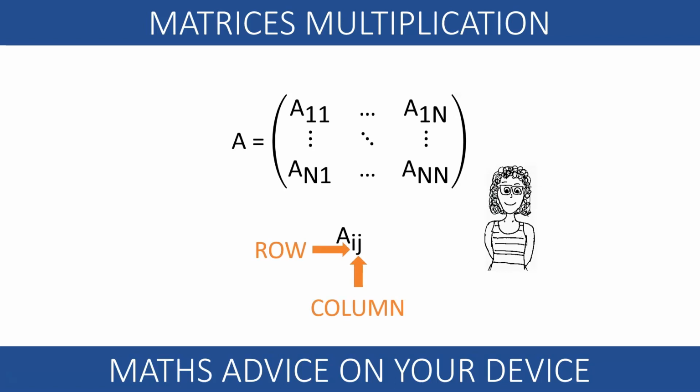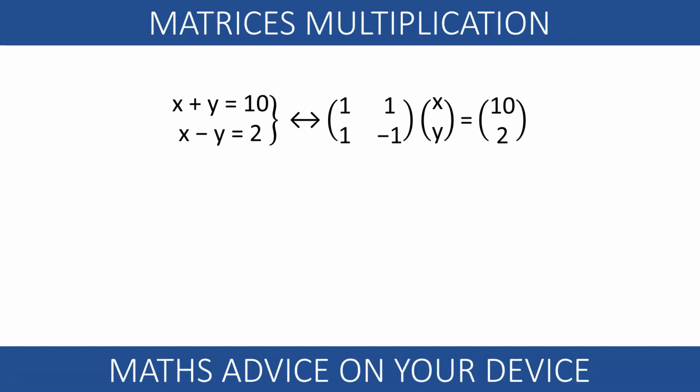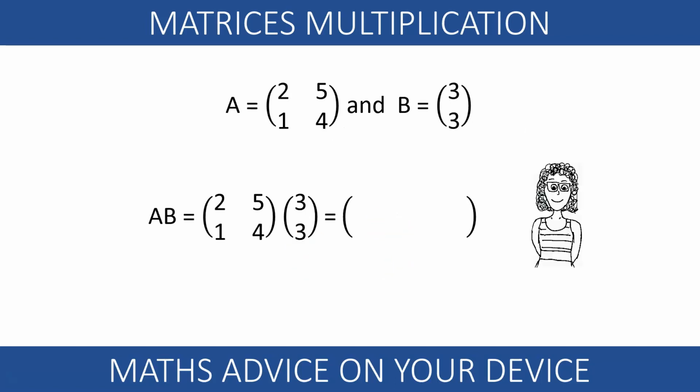The first one tells you the row and the second one the column. For example, in this square matrix, A11 is the upper left entry, AN1 is the bottom left entry, A1n is the top right end, and ANN is the bottom right end. We can use 2 by 2 matrices when solving a pair of simultaneous equations. For that, multiplying matrices is a very important skill, one that will allow us to solve a pair of equations.